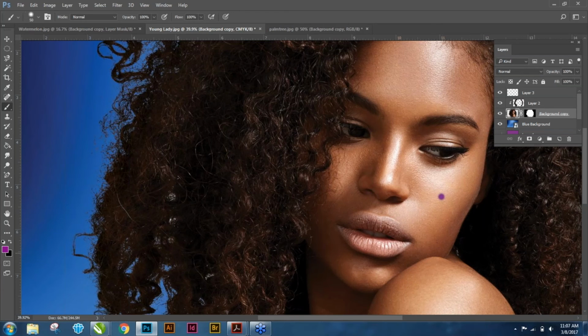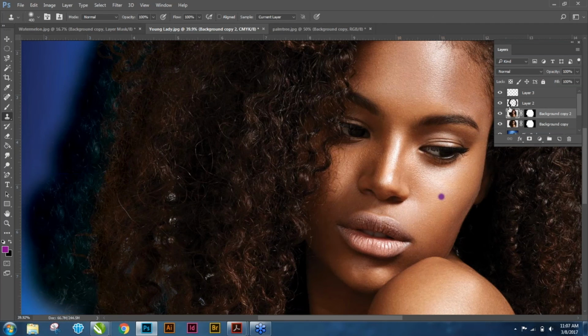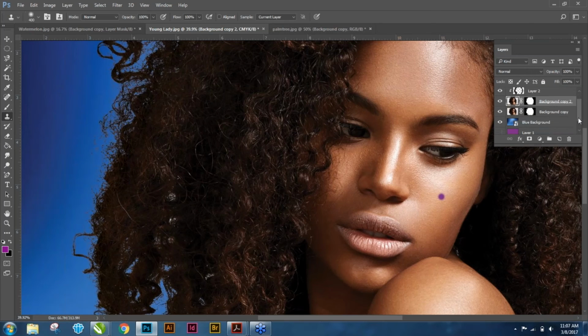So there, she has a purple pimple. I don't know why it's purple, but it is. So let's click on the stamp tool, and we're going to want to get rid of that. Personally, I always make a duplicate. So duplicate that layer, and then we're going to draw on her photo. So you select Alt to sample a part of her cheek, and then you can put that over that spot